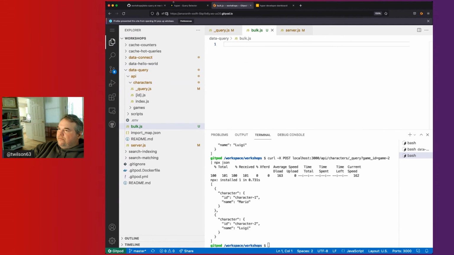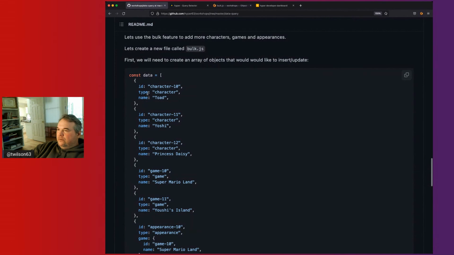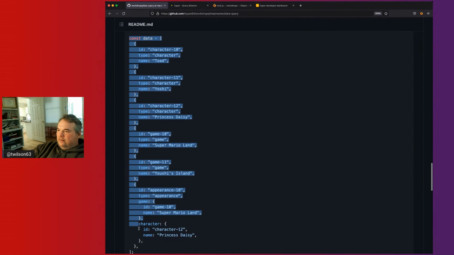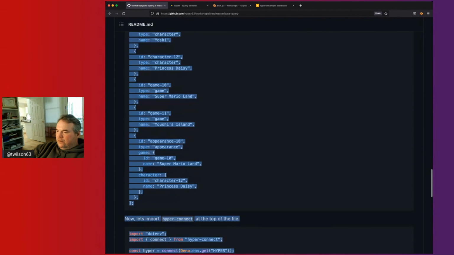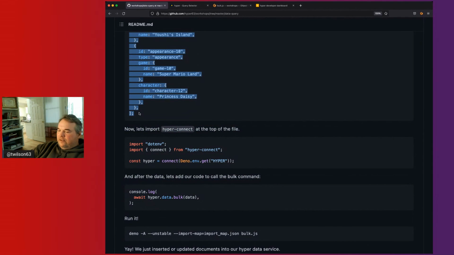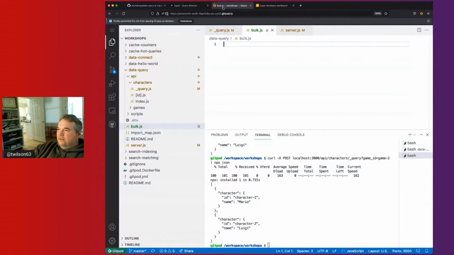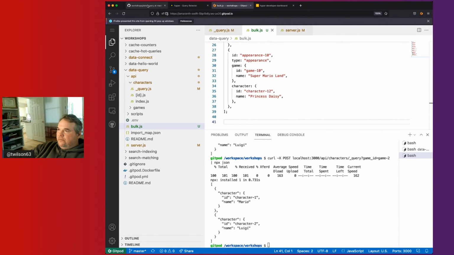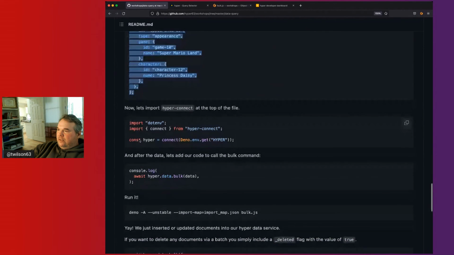And in this new file, we're just going to load some data. So it's pretty easy. We're going to create this data array. And I'm just going to copy it because that's a lot of typing. So we'll just paste that in. And now we've got this data array. And now we can